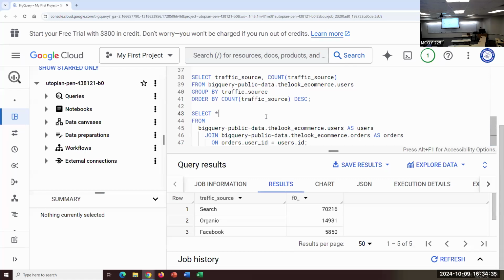If I were to run this as is, it's going to provide all of the order information and all the user information at once, which might not be something that we want. We might just want to see, say, per person and per order ID, what is the status? Was it canceled? Is it going to progress? What's happening to it? Has it been delivered? All that stuff. And we can now just say